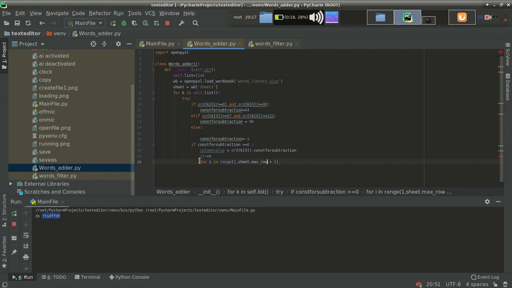What this for loop is doing, it simply traverses each row one by one. This is a condition for traversing each row, not column. I am traversing each row one by one, and I have to check whether the cell in which I am traversing is empty or not.